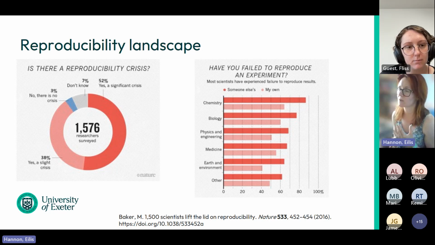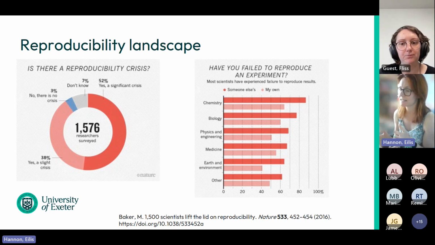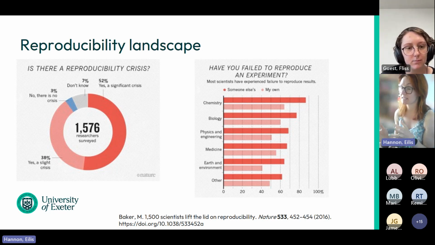And so on this slide here, we've got a summary of some figures from an article in Nature, where they did a survey of researchers. That's what's shown on the left. They found that more than half of the researchers they surveyed did think that there was a problem with reproducibility in the field. And really interestingly, on the right-hand side is a graph of